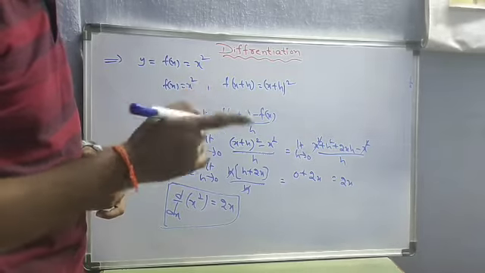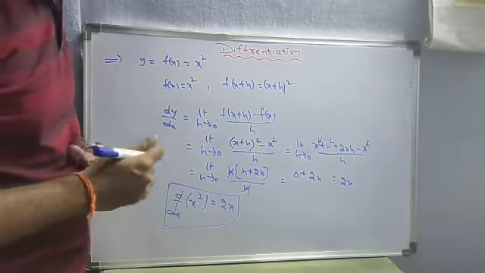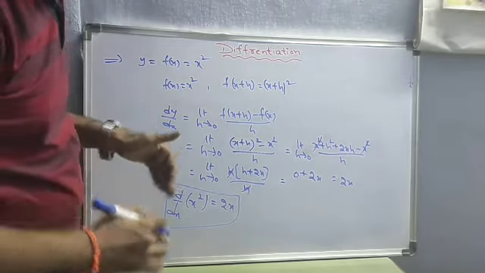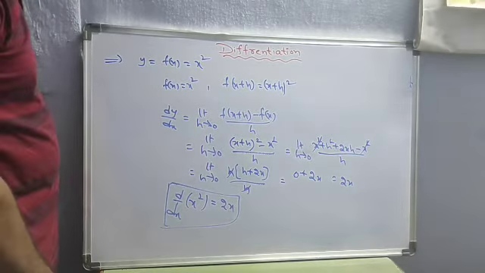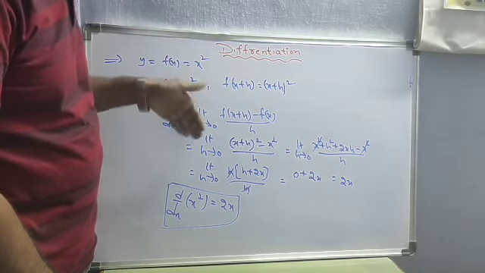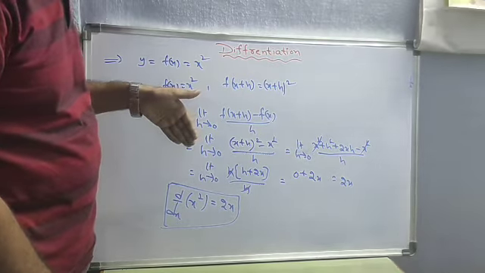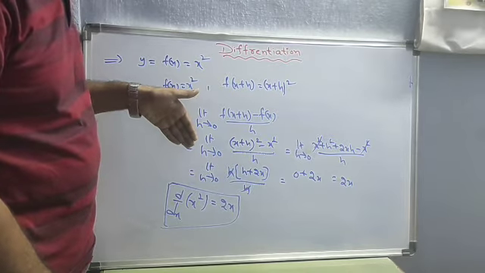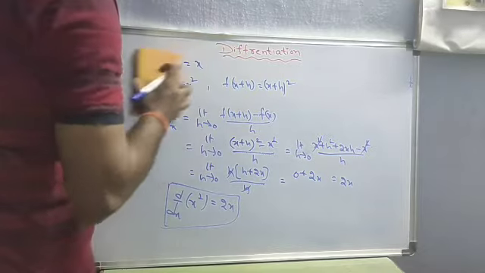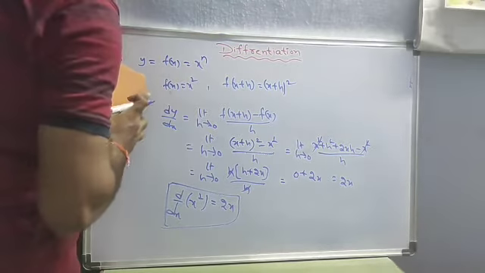d by dx of x is 1, d by dx of x square equals 2x. Like that, now our generalized formula. Now I think you are not having any doubt here. Simple procedure, we already completed this. Now d by dx of x power n, the generalized formula. Now I am taking that.